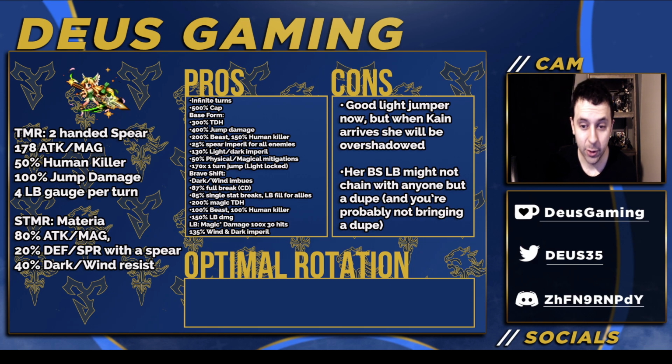Base form, 300% TDH. Not too bad, because now all you need is Buster Style for that, if you'd like to have that, or 2 Martial Gloves. 400% jump damage, so now you probably wouldn't want to do those Martial Gloves. You'd like to have those 2 accessories used for jump damage, I'm sure. 200% beast killer, 150% human killer. Decent, but